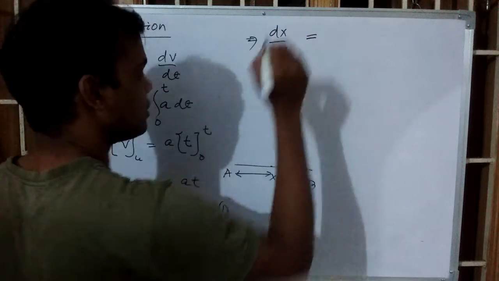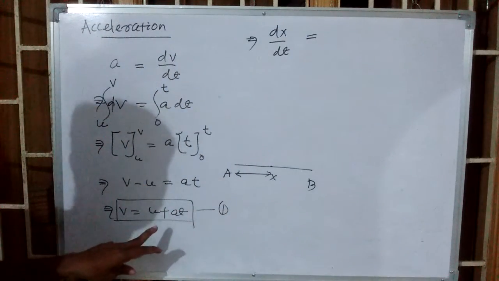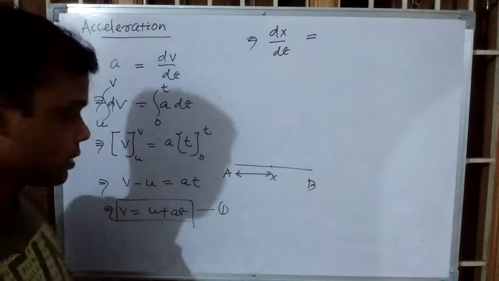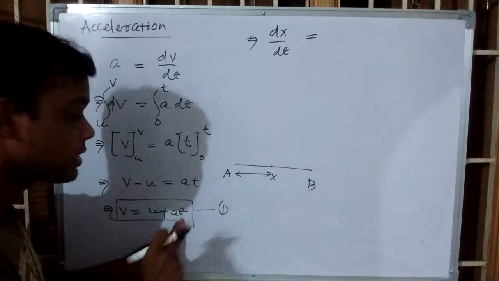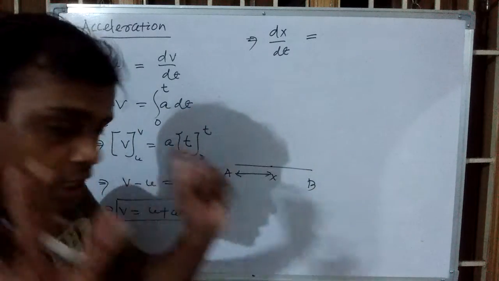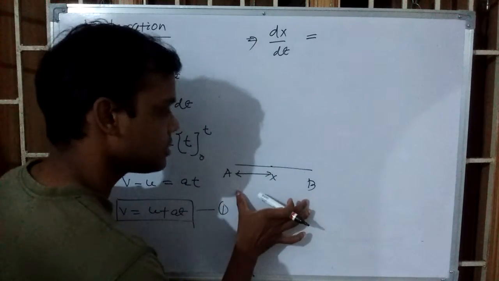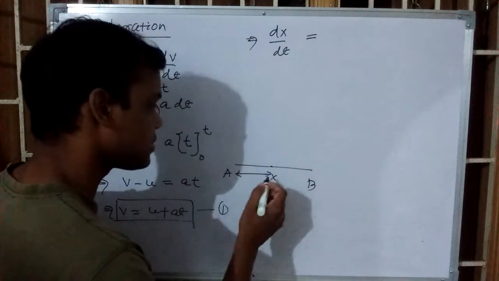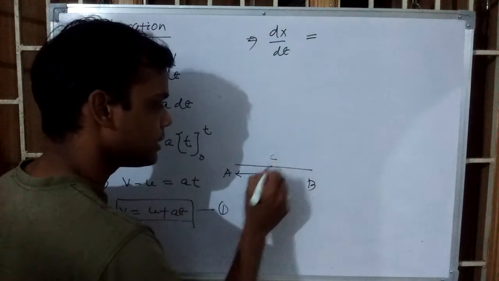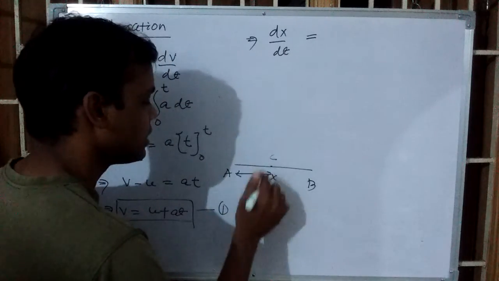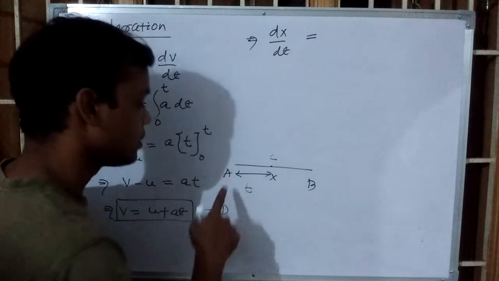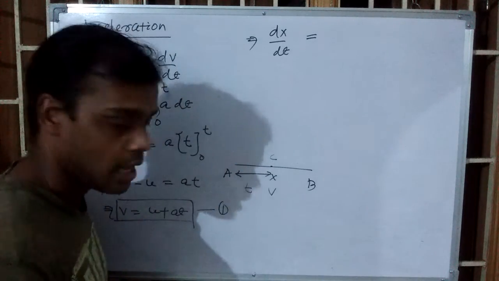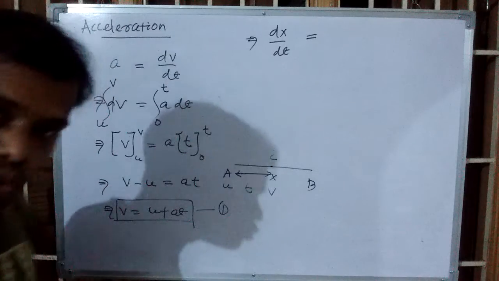Now one thing I must tell you, that v does not mean always the final velocity. No, v is the velocity attained by the body after a time t. Now here you look, this distance, we don't know what is the distance between A and B, but I can say from A to C the distance is x, time taken by the body is t, velocity it attains on reaching this point is v, and it started from initial velocity u.